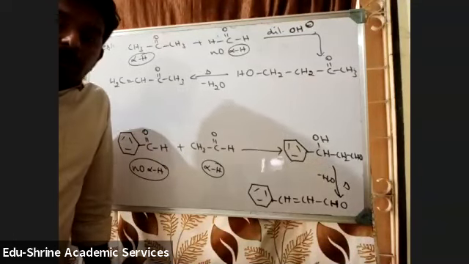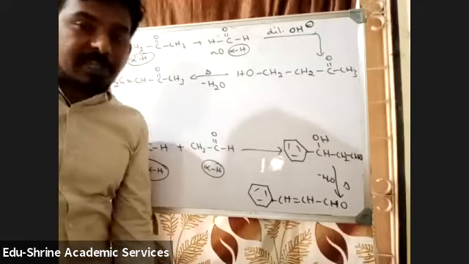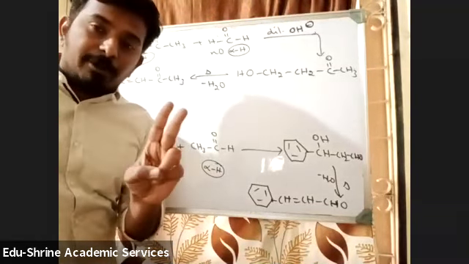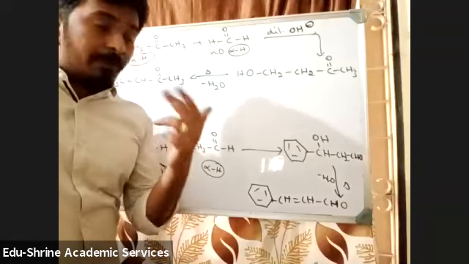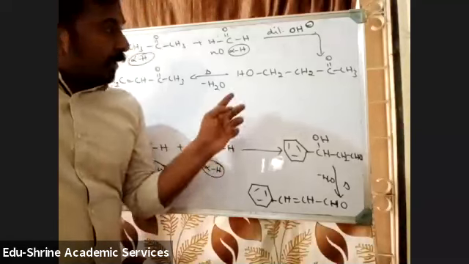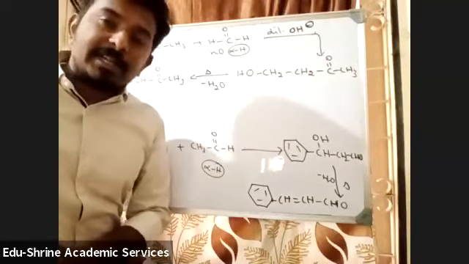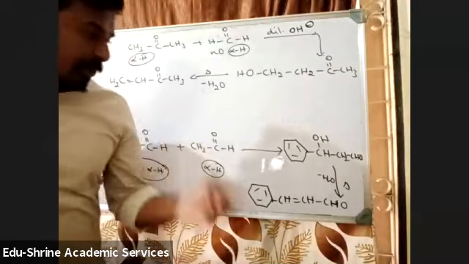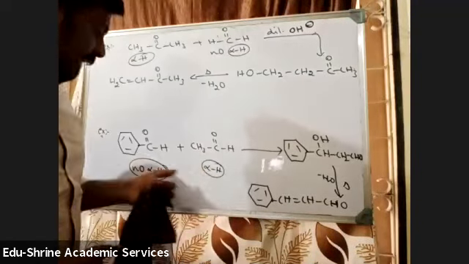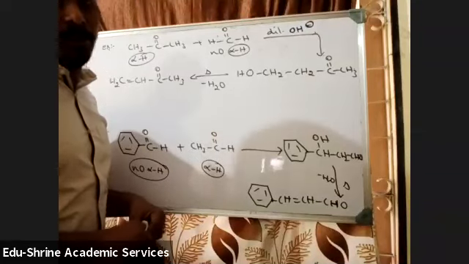So this is about crossed aldol condensation. Two conditions in crossed aldol condensation we have seen. When both are containing alpha hydrogens, we get 4 products, 2 self aldol, 2 crossed aldol. So when you have the same alkene, then crossed aldol will always be the major product. And when you have a reaction between one reactant containing alpha hydrogens and one that doesn't, you will always get one major product in high yield, right? The one containing alpha hydrogens will generate a carbanion, and the one without alpha hydrogens will be converted into OH.